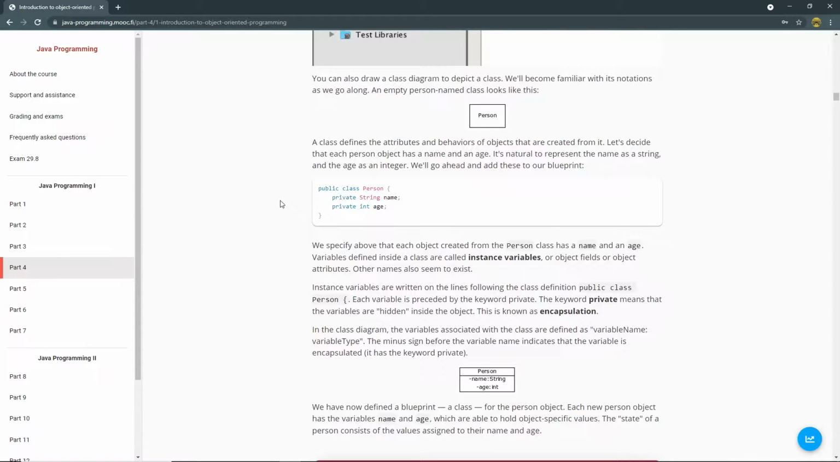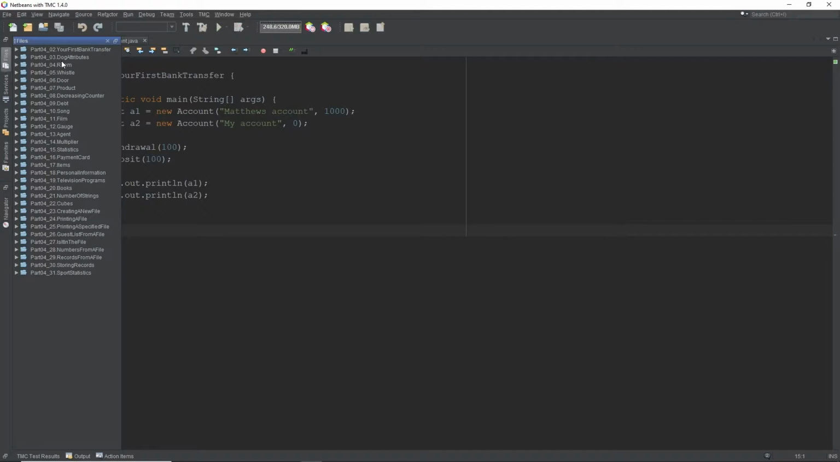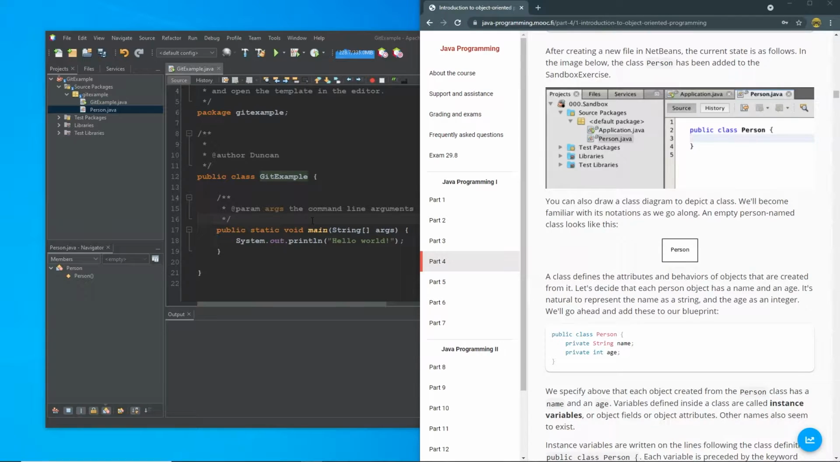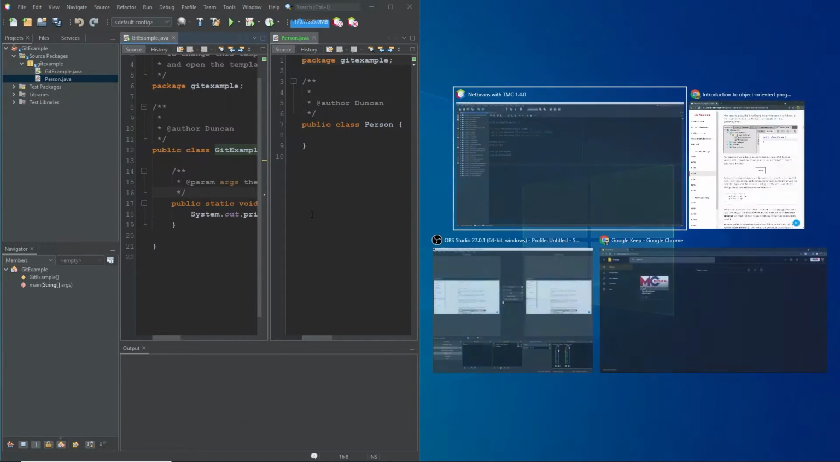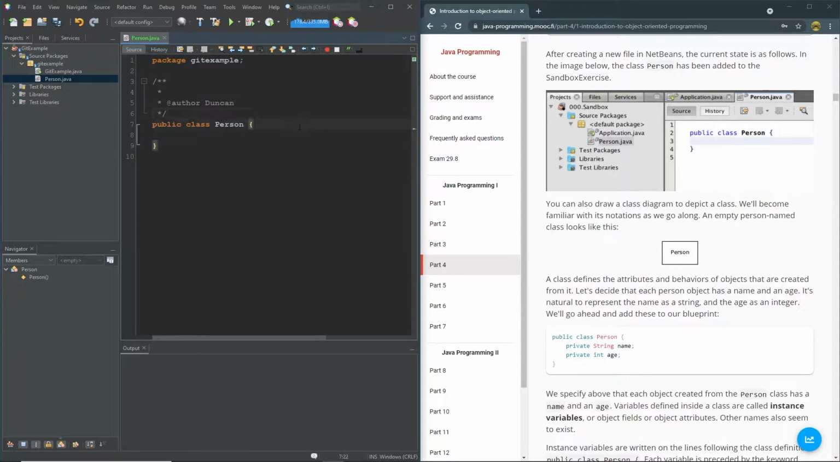A class defines the attributes and behaviours of objects that are created from it. Let's decide that each person object has a name and an age. It's natural to represent the name as a string and the age as an integer. Right, so I'll just go to my projects. Let's put these side by side so we can see what we're up to. There we go. So what we can do now is add in these two private strings, these two private data types,